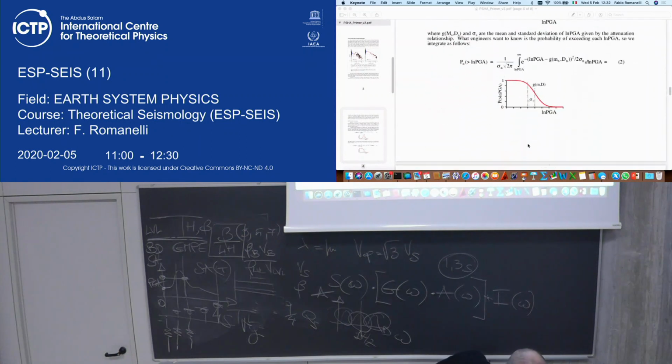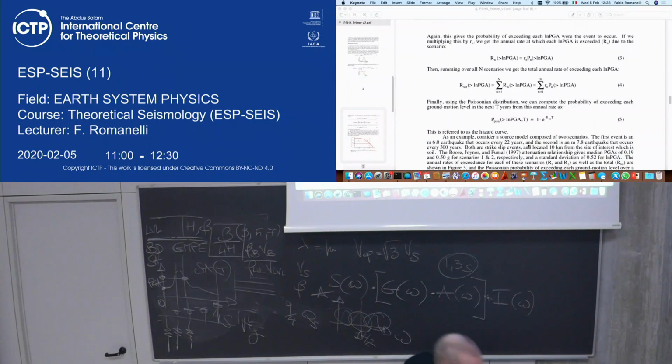Okay, what's next? You can express that probability of having a ground motion larger than a given value, and it will be a curve like that. For a zero ground motion, it will be 1, and then lower and lower and lower. The steepness of this curve depends on the GMPE. Step number 1.